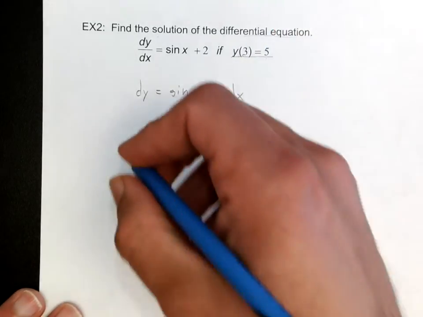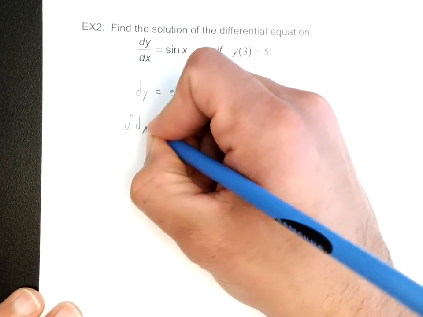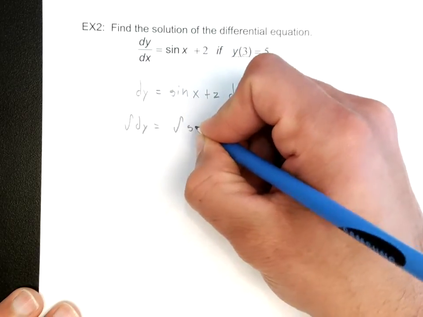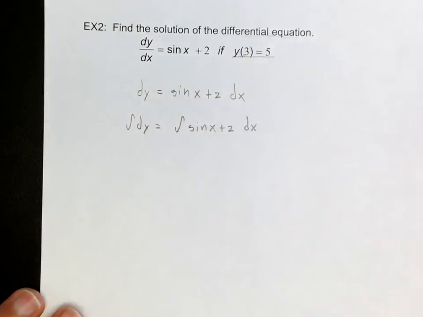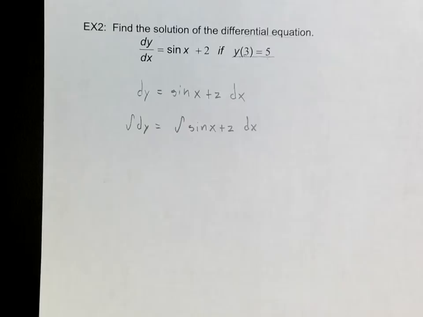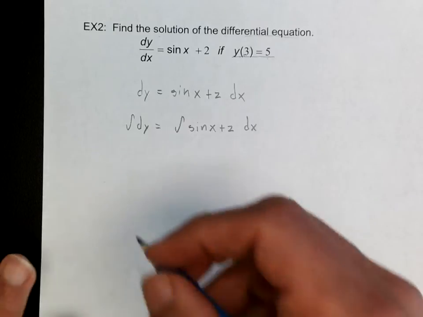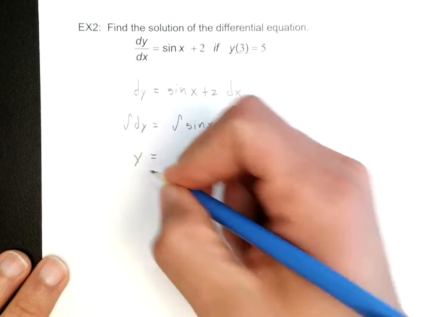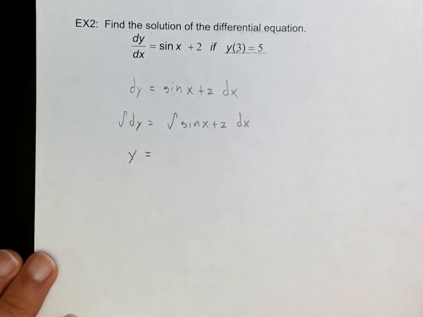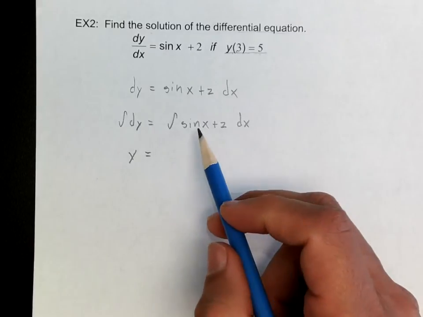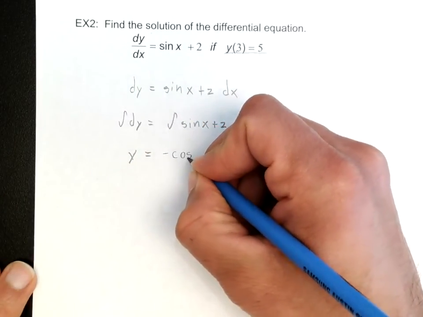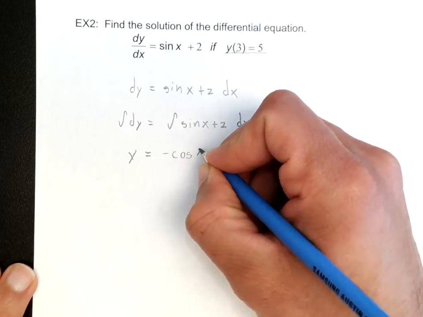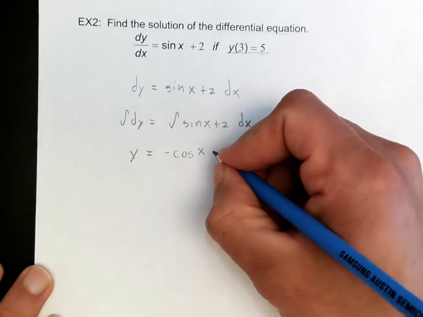Okay, and if I do that, then I'm going to go ahead and integrate this. I'm going to integrate dy. I'm going to integrate this, and I'm doing this for the purposes of leading up to the next lesson, which is going to be separation of variables, which is going to be kind of like this, but a little bit more difficult. Alright, so now at this point I'm going to integrate. So if I integrate dy, I just get y, and if I integrate sine of x plus 2 with respect to x, then what is the antiderivative of sine x? And hopefully all of you should remember your trig integration. So this should be negative cosine x plus 2x